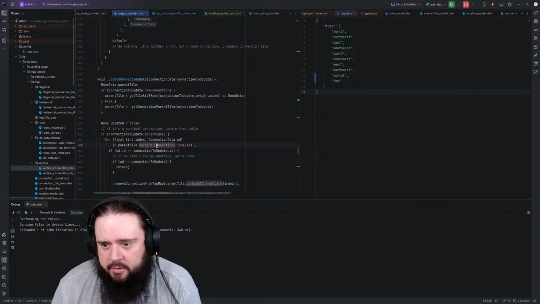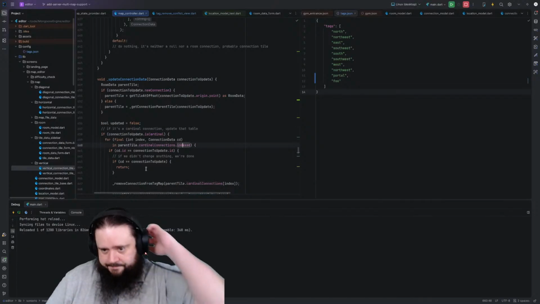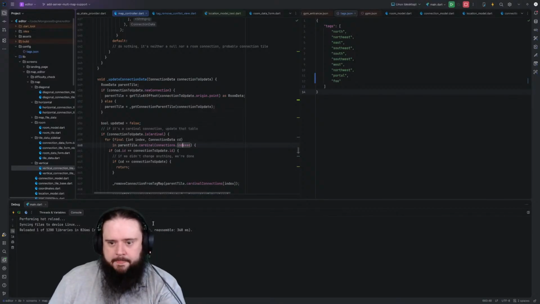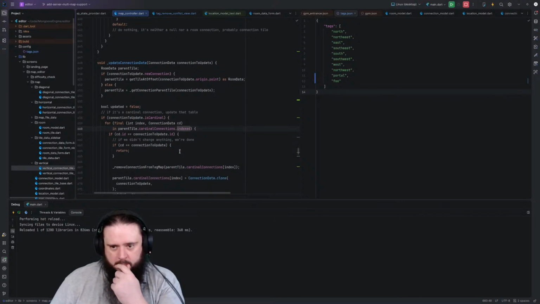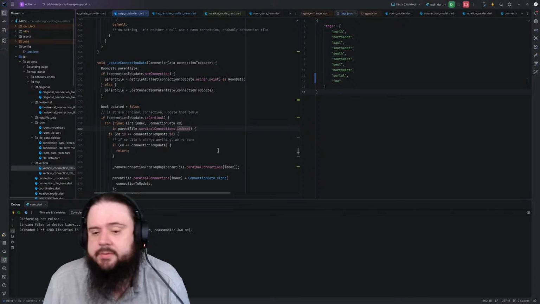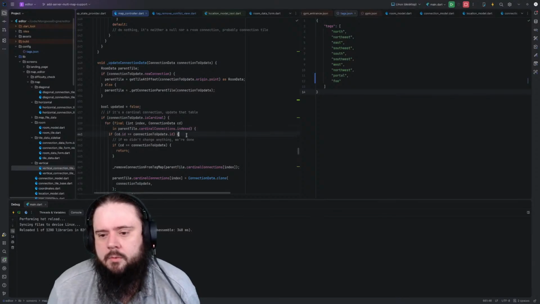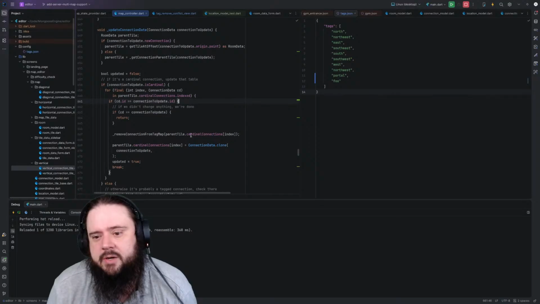Because we're going through the parent-tile cardinal connections indexed. Theoretically, if we find an exactly equivalent object, we actually don't need this, right? Oh no, we did this because